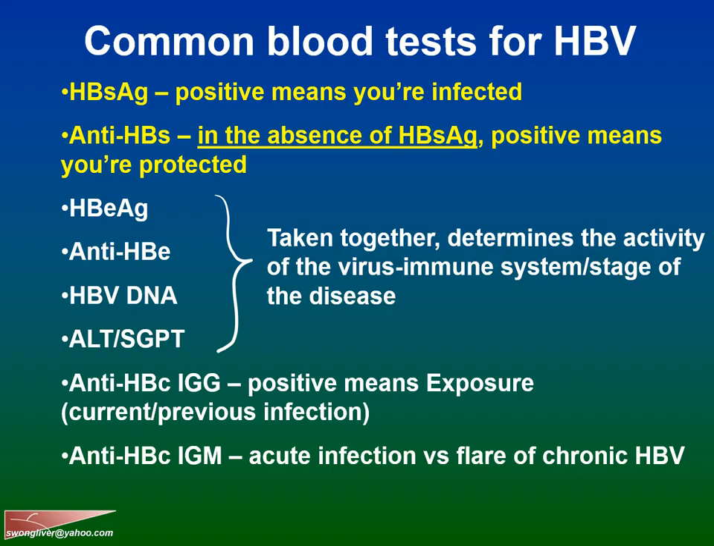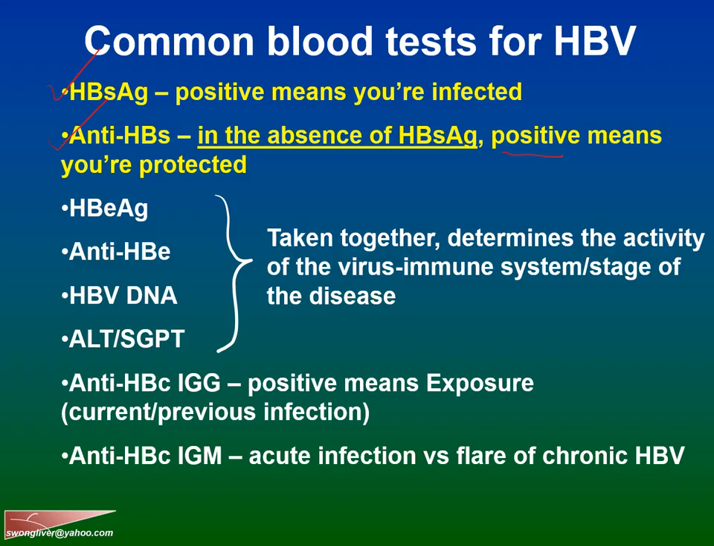A positive result means that you're protected, except if you have a positive HBs antigen as well. Okay? Because there are also unusual serologies for hepatitis B. So you can sometimes have a positive HBs antigen with anti-HBs. And then that may confuse you because you know that HBs antigen is a marker of infection, but anti-HBs is